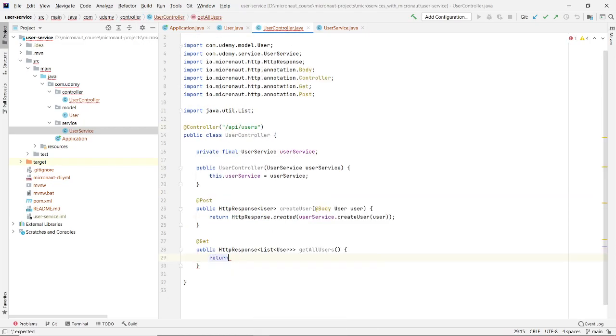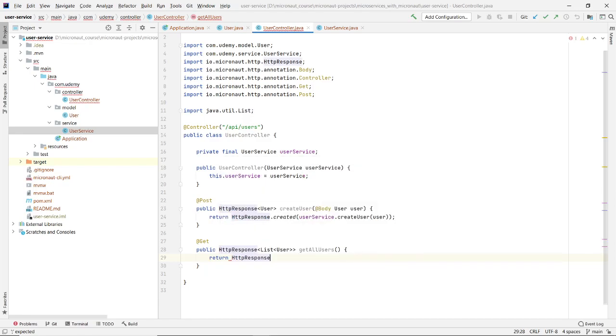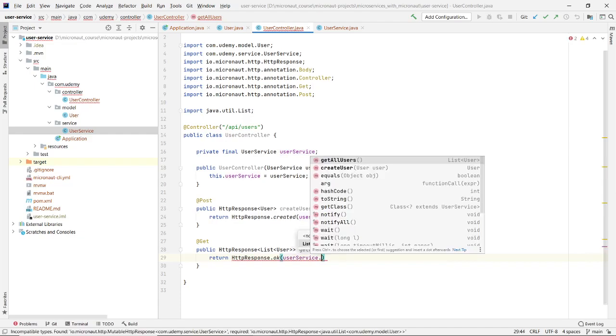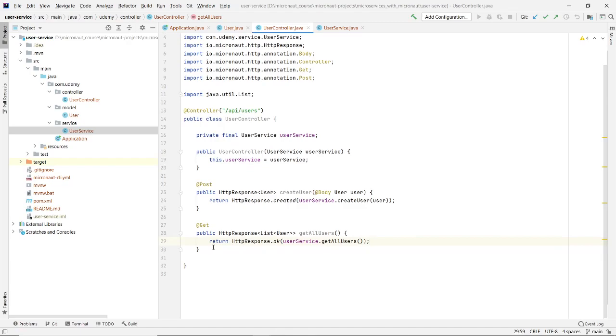So in our controller we will return HTTP response dot OK, and in the response body we can say user service dot get all users, which will return us all the users.